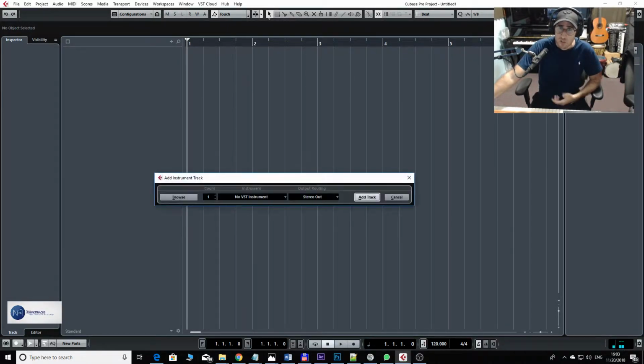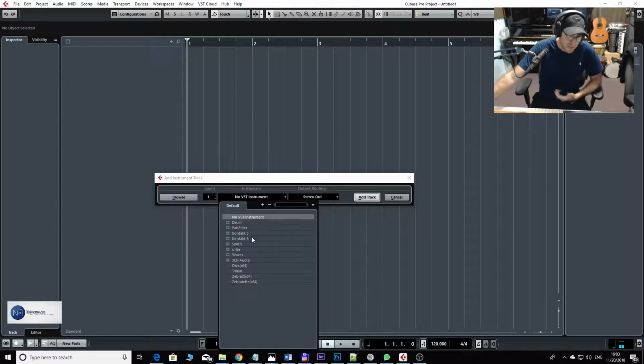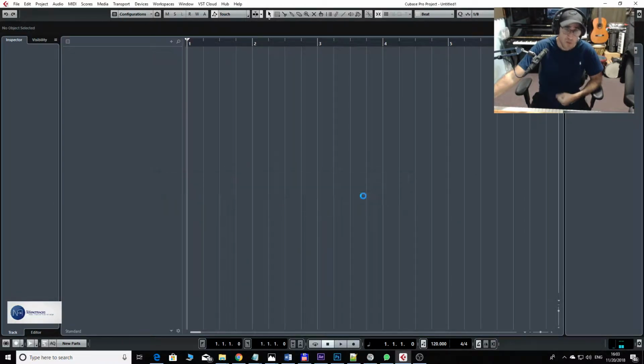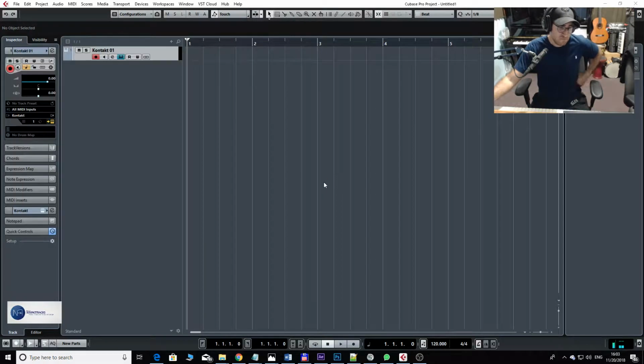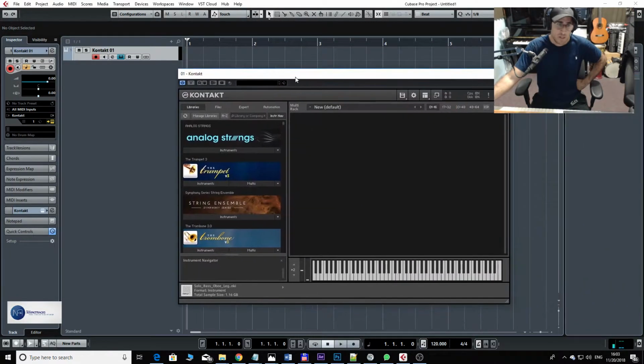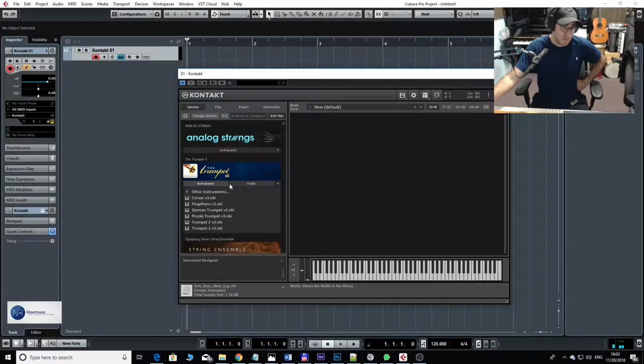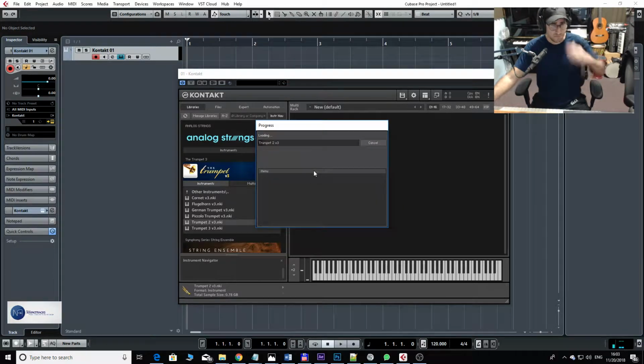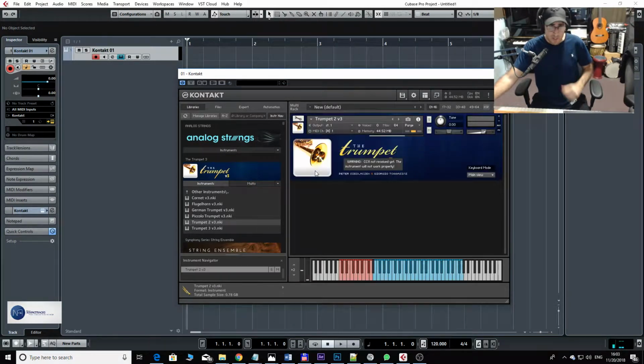So let's see, for example, let's open Kontakt and choose some instrument. Let's take, for example, a trumpet. Okay, let's take this one. Now, if you're just playing,